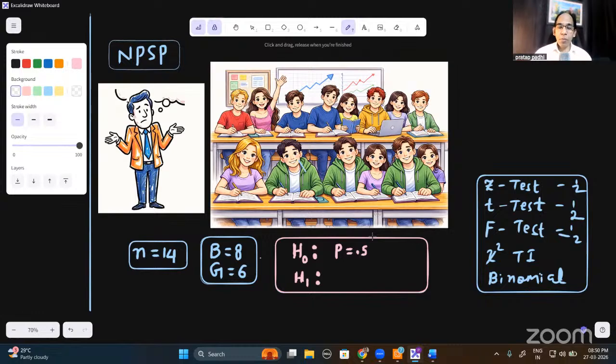Suppose there are 20,000 students in the school. If you think of the school as a whole, that is our population distribution. We are talking about the proportion here. So whether the proportions are the same or not, that is what we want to check. Quickly, I will take you through what we do in a hypothesis test. I'll take 1 or 2 minutes, but before that, let me write the alternative hypothesis. Again, you need to think whether you need to take greater than, less than, or not equal to. Let me take not equal to, because I want to know whether 50% boys and 50% girls study in this particular school or not. You are in a classroom randomly and you got a sample. On the basis of this sample, you want to give a statistical inference.